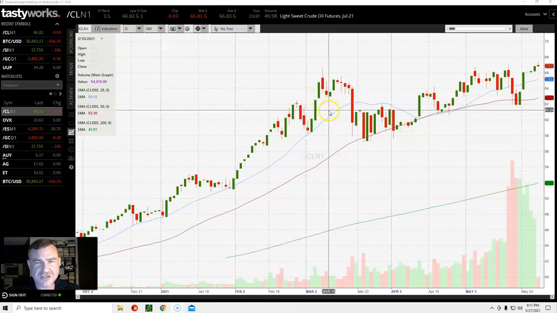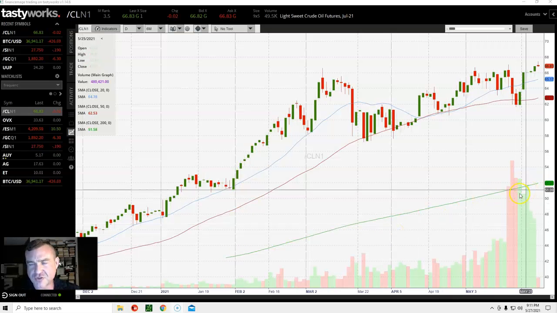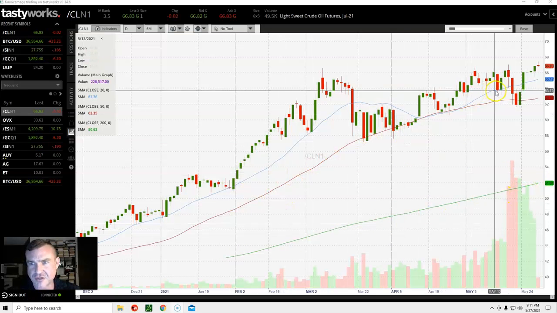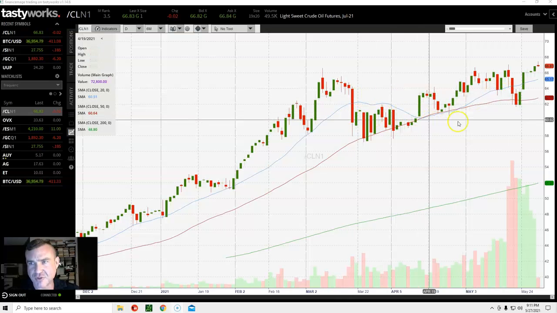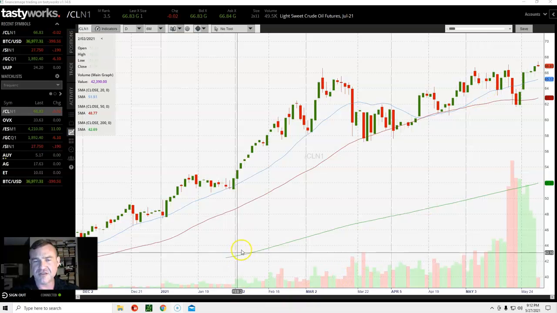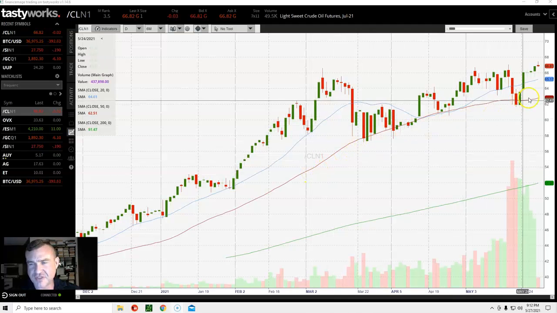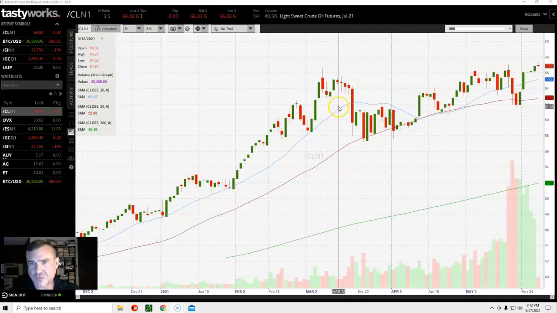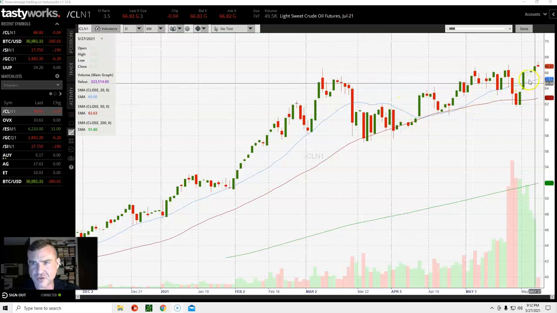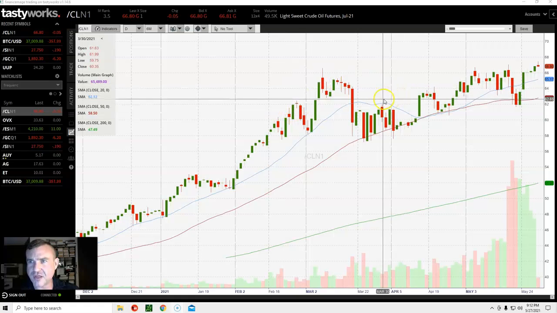Each one of these, which is called a candlestick, represents 1 day. This green line is called a 200-day moving average. This red line is called a 50-day moving average, and this bluish line is a 20-day moving average. We see the 200-day moving average has been moving up, as well as the 50-day moving average. The 20-day moving average in general has been moving up, and we can see overall the price of oil has been